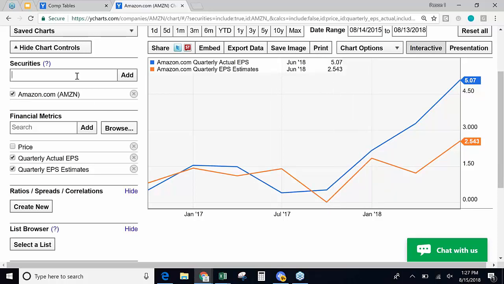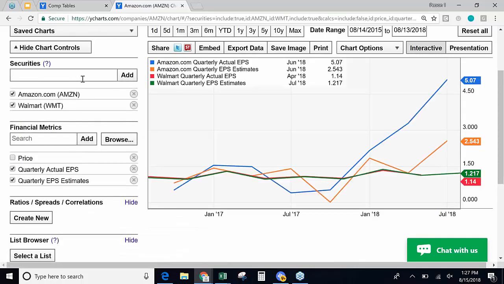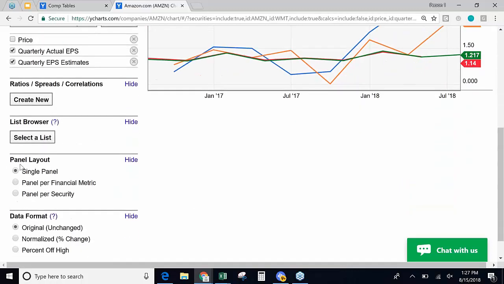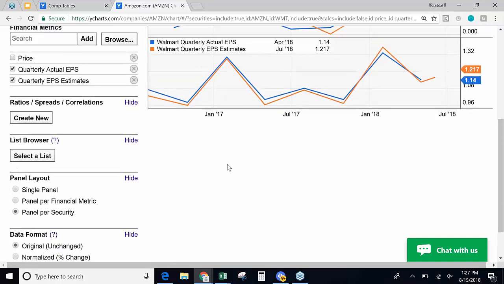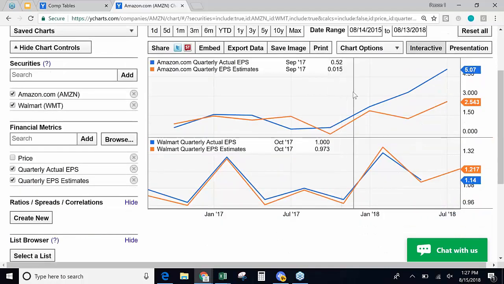How about a company that's competing ever increasingly with Amazon in the retail space, Walmart, who's set to report later this week? By adding a company to the securities bar, we can now do this comparison. The panel layout enables me to look at each company in their own respective panel. And now we can look at Amazon on the top of this analysis, Walmart on the bottom, and see,